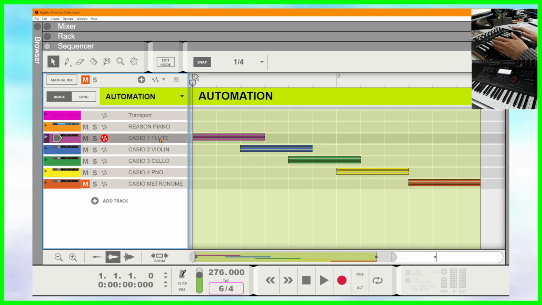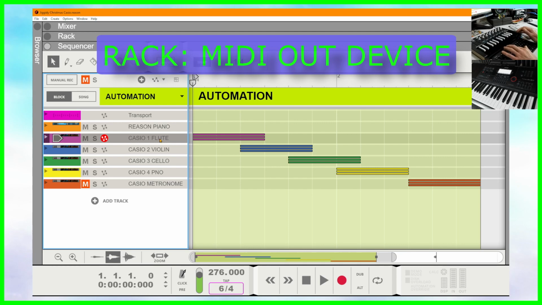And I've connected it via this keyboard via USB into the computer. The Casio is connected via USB. And in Reason, the way to set this up is to set up a MIDI out device. So if I go to the rack page,